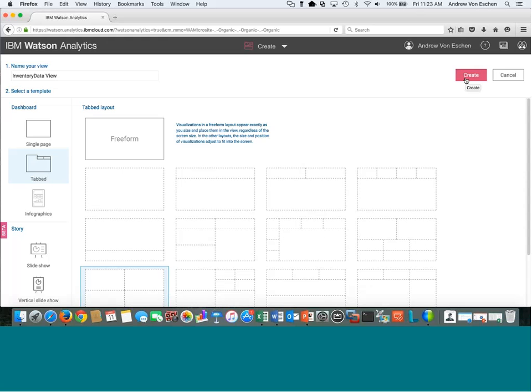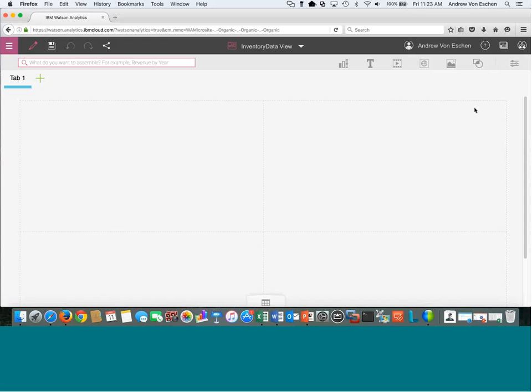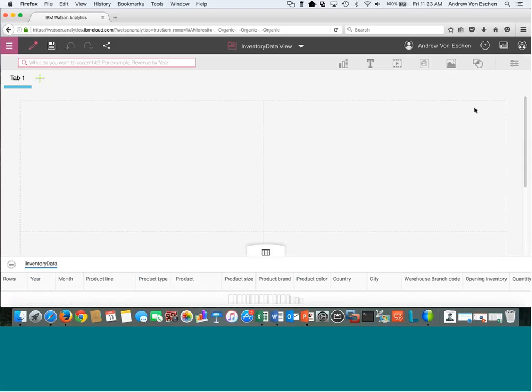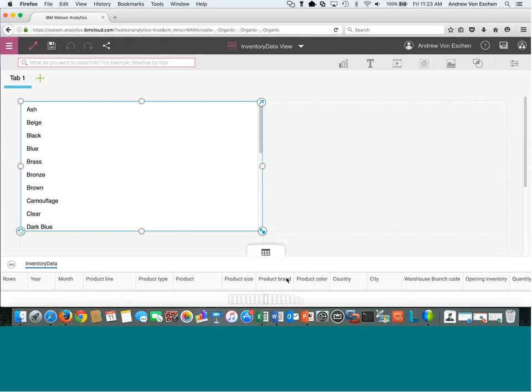I've only got about 7 minutes before he and I are going to meet. So I'm just going to create this quick, and I'm going to start dragging and dropping, right? Watson Analytics enables me to do a simple drag and drop to get that data and information onto my workspace area. If I wanted to start with product color and quantity, I can simply drag this over. Maybe it's my quantity shipped, right?